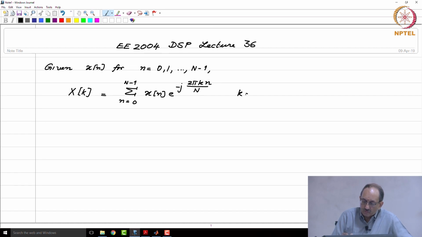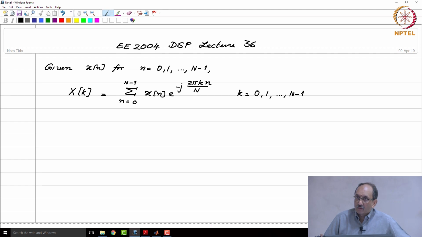And we saw that you need to consider only k for the indices 0 to N minus 1 because X of k plus N is the same as X of k. So, this is the DFT definition. Now, this can be written in